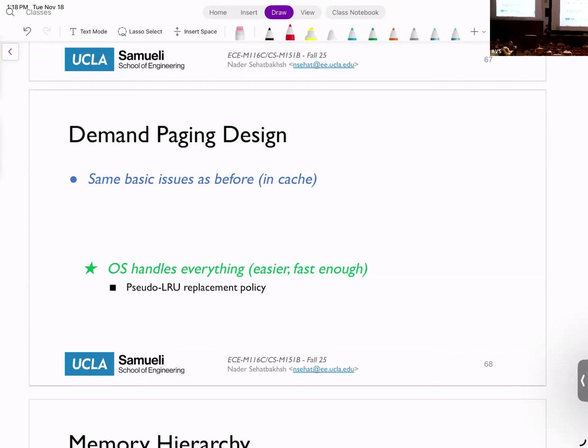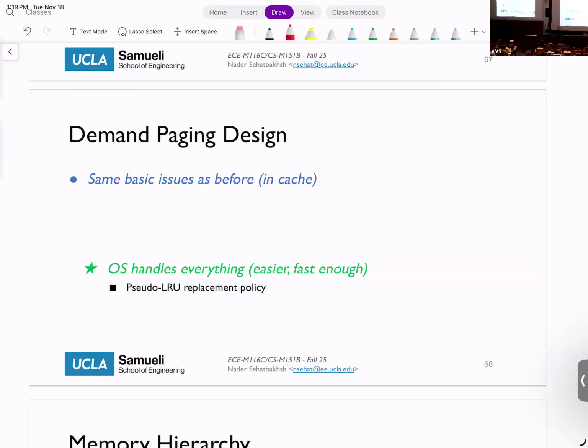Your LRU bits were in hardware. Your replacement policy was actually implemented in hardware. The reason is that delays in cache are 1 cycle, 2 cycles, 10 cycles, so we're talking about nanoseconds and picoseconds. Delay in main memory and disk are in the millisecond and hundreds of microsecond range. So your operating system can implement these things reliably within the time frame that it needs to. That's why we don't bother changing the hardware for these things. There is literally an LRU way of managing the caches in the operating system.